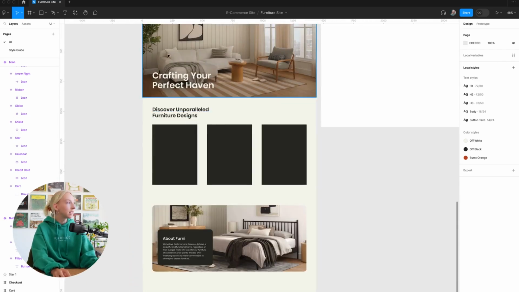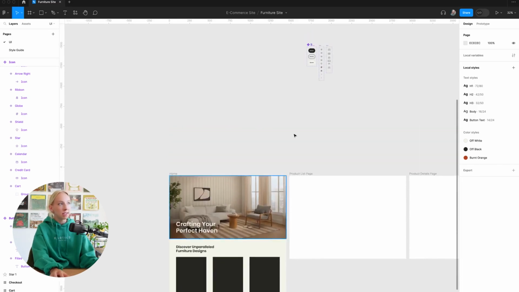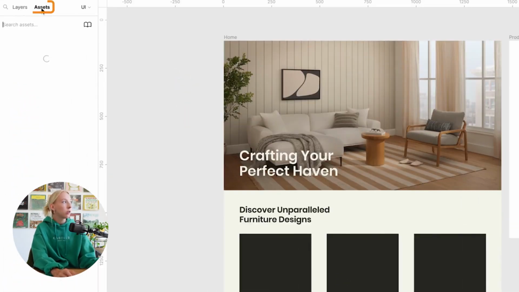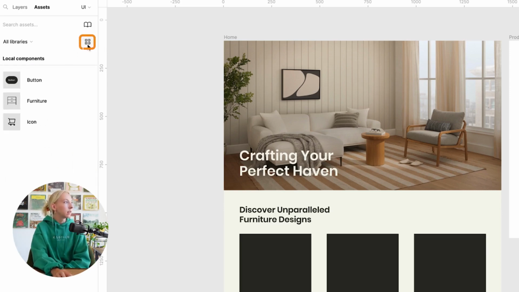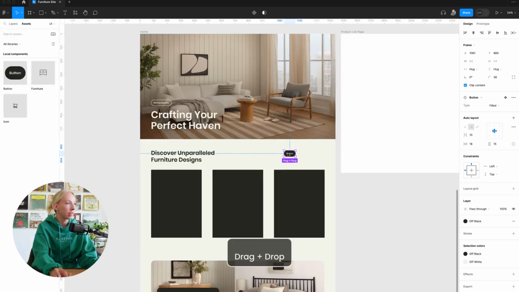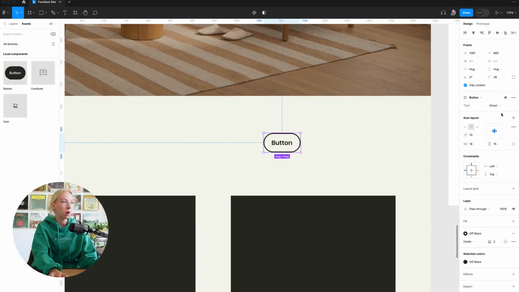So what's cool is now that we've created these components, we can just leave these off to the side. We don't really even need to keep coming up here, because if you go into the layers panel and switch to assets, now we can see all of our local components. So you can see them bigger like this, or you could see them as a list view. So then from over here, we can just drag this in, and we can, of course, change from there what